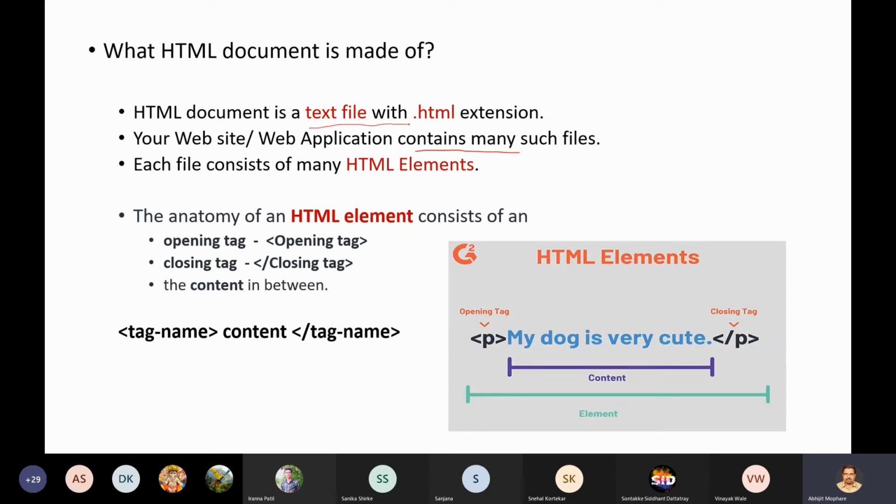Each HTML file is called a document. And that HTML file consists of many HTML elements, right? So have you got the hierarchy? You have the server, and whenever you make a request to the server, it always returns you the HTML file.